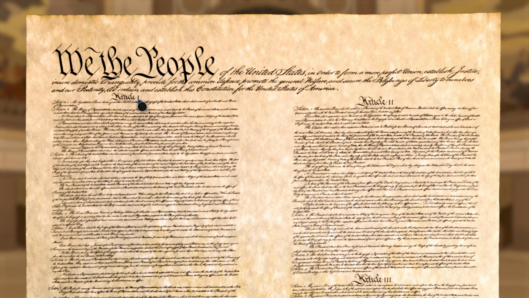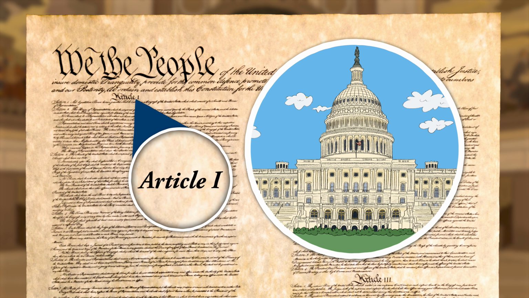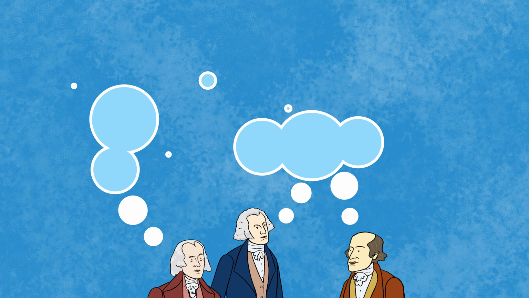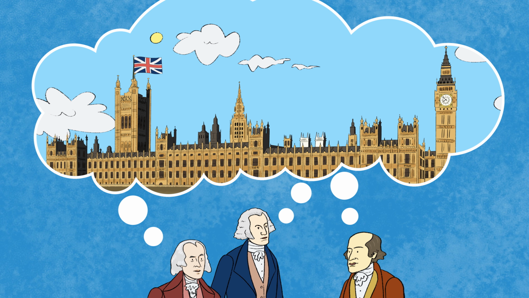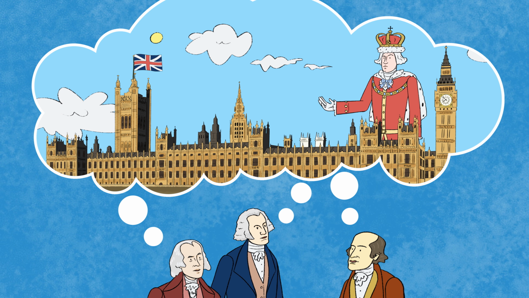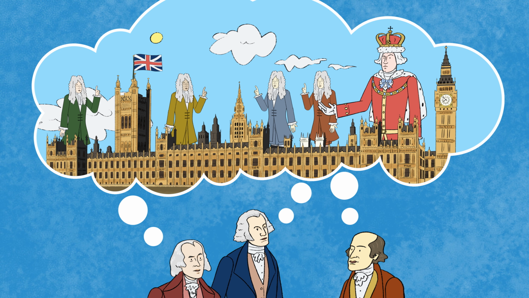Article 1 of the U.S. Constitution sketches out what Congress is going to look like, what the legislative branch of the national government is going to look like. The basic form of what a legislature was going to be was familiar to them. They had both the parliamentary experience in England, and Parliament was an old institution, had gone through its own evolution, but they were familiar at least with the design of that kind of legislature.